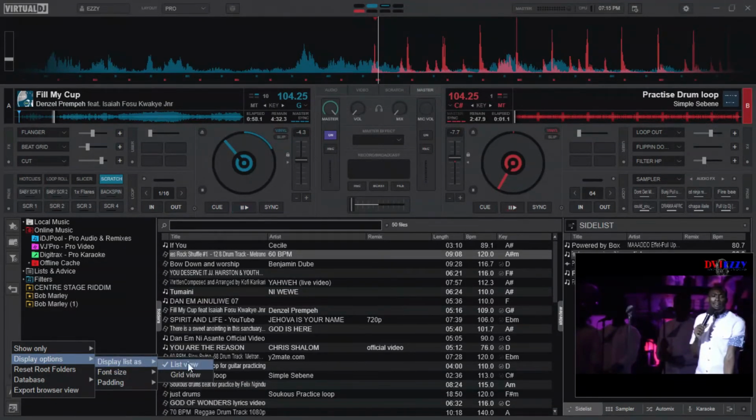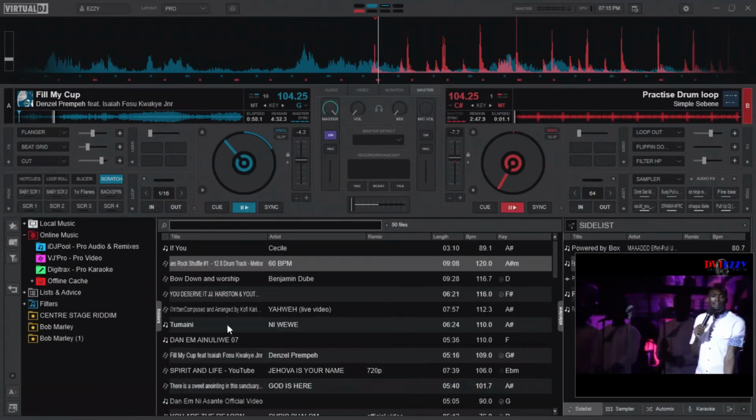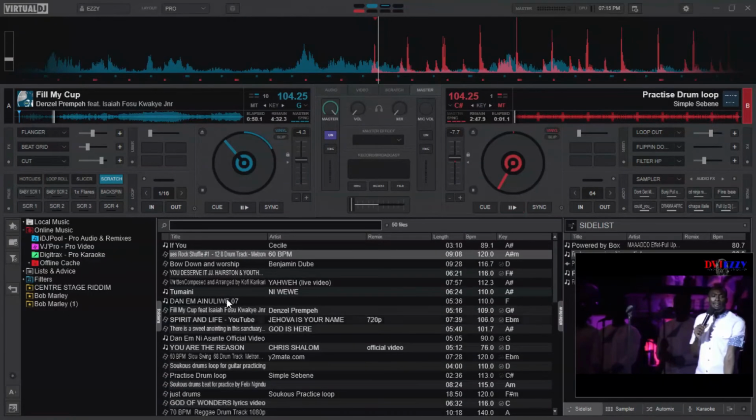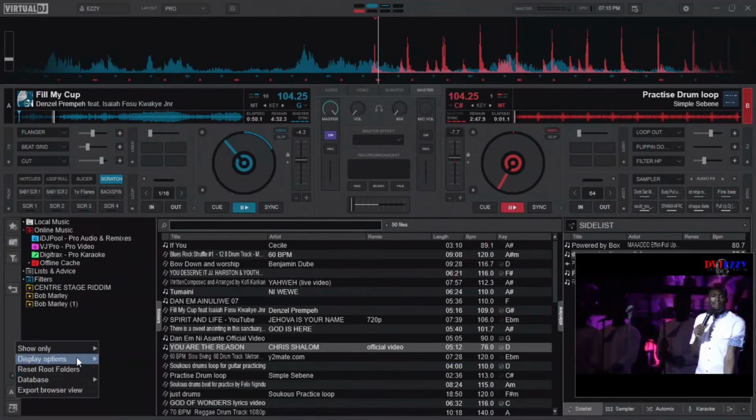The padding is stretching those lines. It's like the space between the lines. If you have a bigger one, you can see they have been well spread, and if you have a problem with your vision, then this one is much more appealing. I like using small because I can view so many things at once, and I can select and scroll through easily. So always try to look at such things.